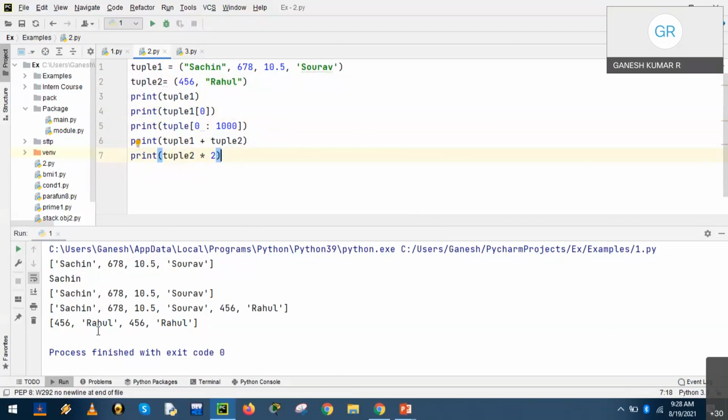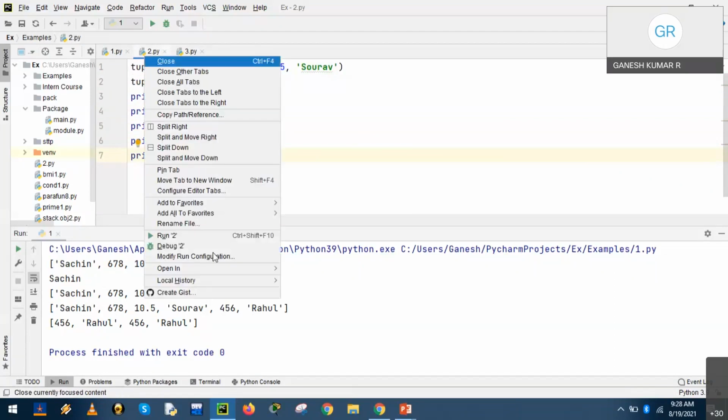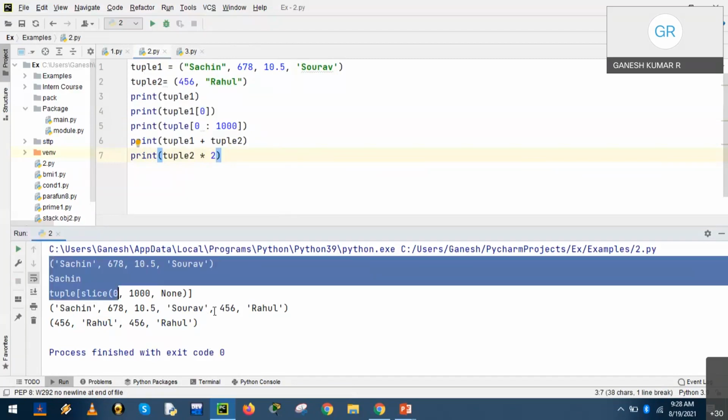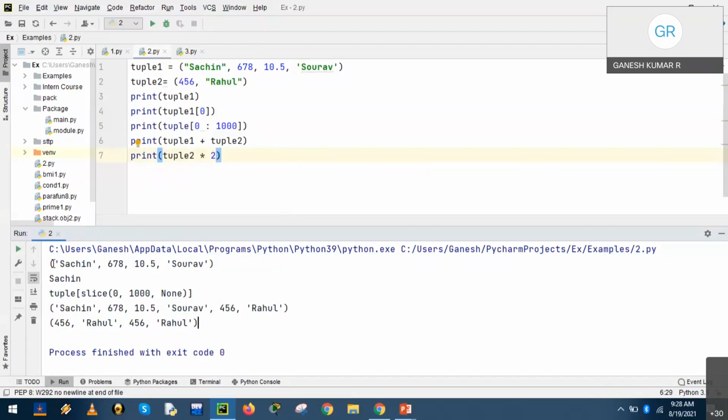The output remains the same, except for the representation of parentheses instead of square brackets. Can we run the program and check? Yes. Is it clear? The output is the same, except for the parentheses. So tuple is another mechanism to store different data elements, separated by commas.